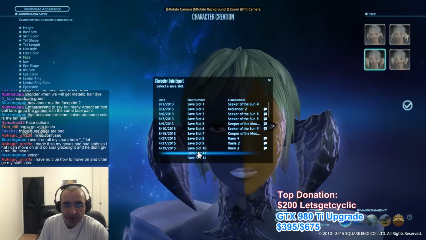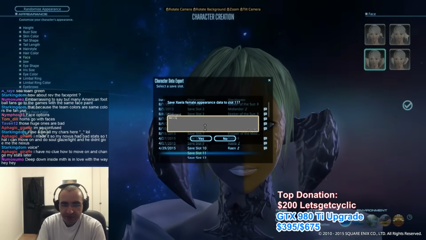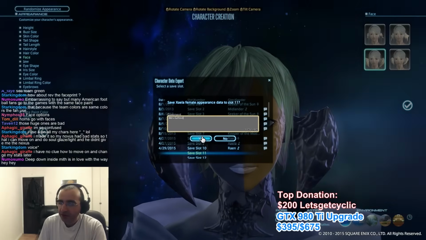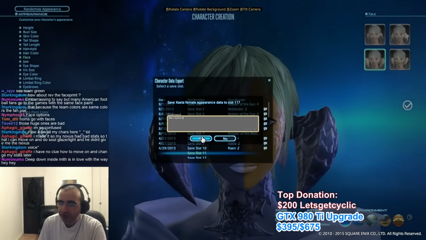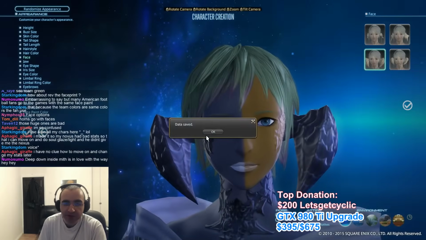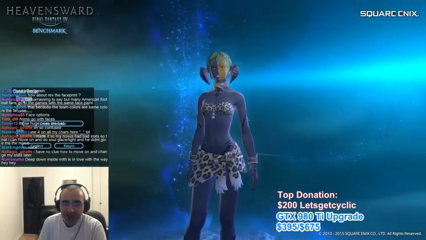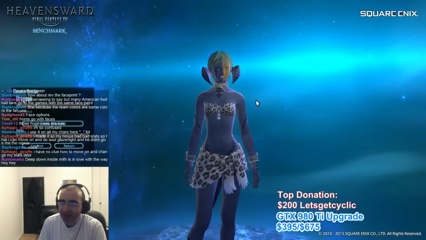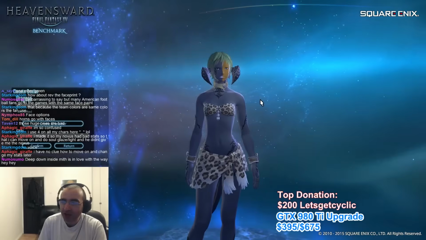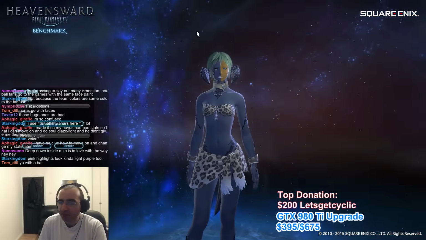So let's confirm. Save appearance. What shall we call her? We will call her Mrs. Gifted. Damn, I just got landslided. Let's see. Deep down inside, Myth is in love with the way hey. I really am, Numo. It's a big thing for me. So that character's now made. Yeah, that's the stuff. That is how you make a character, guys. I am the alpha and omega when it comes to character design. If I ever make a video game, be ready for characters that look like